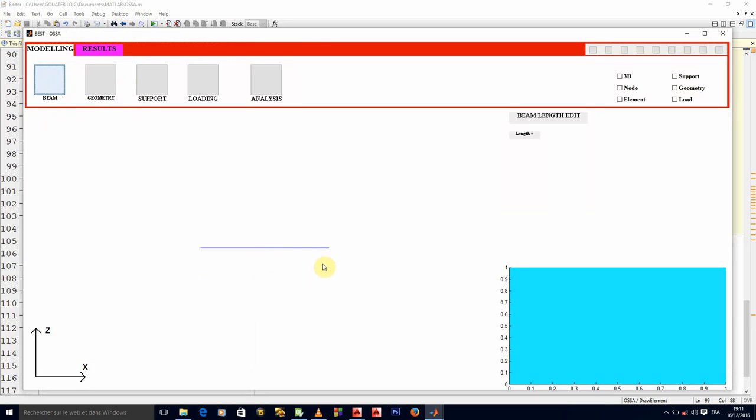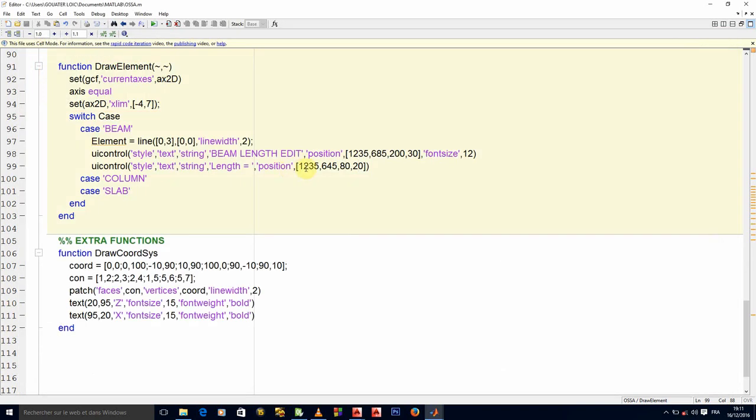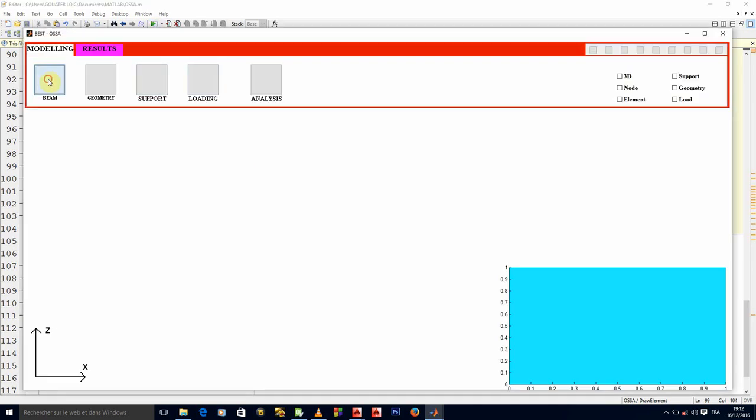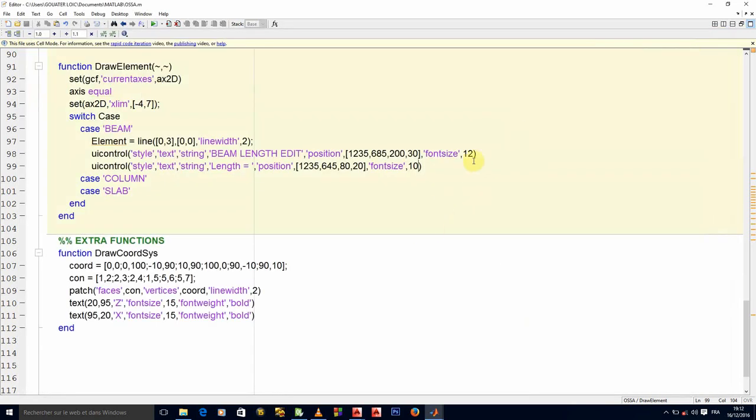Good, but I think the text there is too small. Okay, let's try and put the font size to 10. So on your own machine it might be satisfactory, but on mine, according to my resolution, I usually have to edit some things.